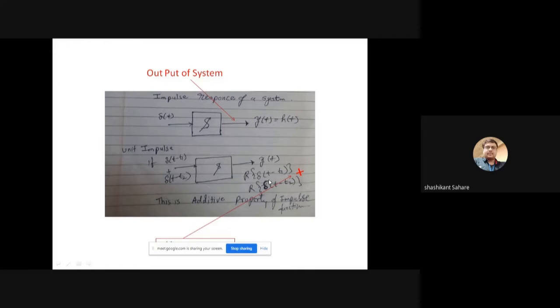right? So this shows that whatever the amount the input signal is shifted, obviously the output is also shifted by the same amount. Now I will apply one more signal, δ(t − t2). Now δ(t − t1) and δ(t − t2) are both added. So obviously at the output, I will get δ(t − t1) + δ(t − t2). So this shows the impulse function also has the additive property.